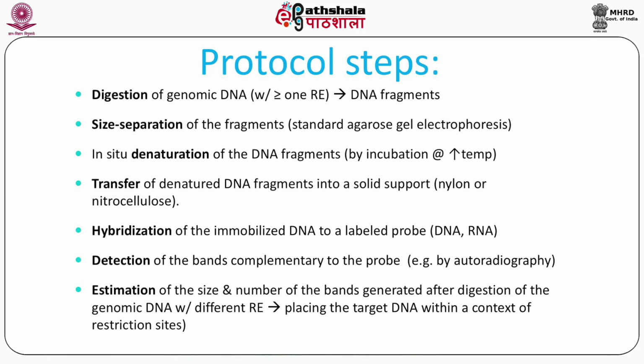So these are the protocol steps. Now we don't want to spend too much time here because this is fairly standard. So: digestion, size separation, denaturation, transfer, hybridization with the specific probes. After it is hybridized, the next step is detection. You can do chemiluminescence detection if the molecule is chemiluminescent, or you can do P32 labeling of the DNA probes, and once the P32 label is achieved, you can do autoradiography and detect it. So detection modalities differ depending upon what kind of target we are interrogating, but just remember that these protocols are very robust and work pretty much whichever detection technique you use.